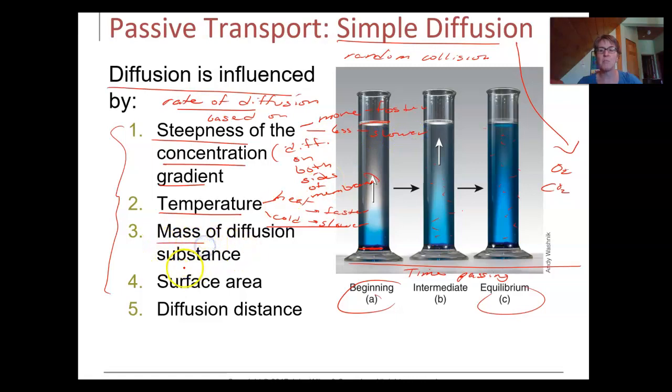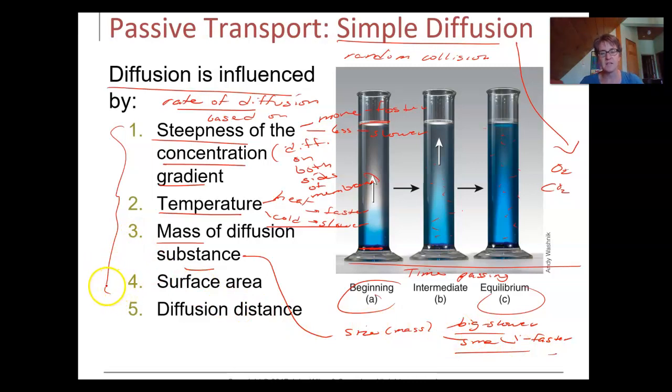The mass, how big is the particle? Let me write it over here. So it's size. Mass is size, okay? Obviously, big will be slower. And small, those little small boogers, will be faster. Ask anybody around a little small guy versus a larger size. And that's in the lab on Friday. You'll see videos about it in the lab. That's covered this week.